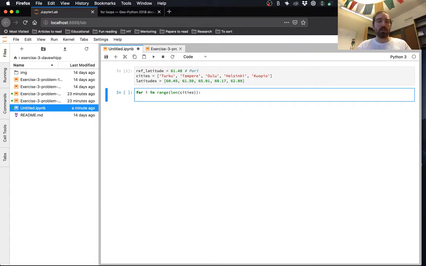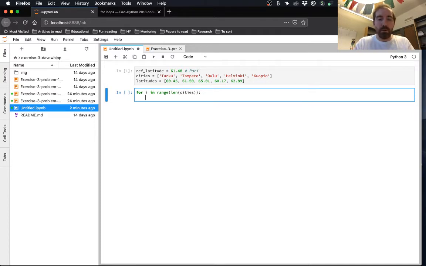We have our reference latitude. So maybe the first thing we want to do is calculate for a given point, are we north or south of the reference latitude? We could make this kind of complicated, or we can kind of make it simple. I think we'll do the simple case here, and we'll do something a little more complicated for problem 3 and exercise number 3. So we won't worry about saying whether we're north or south in terms of dividing things here. We're just going to first calculate for this latitude value that we have for one of our cities, how different is it from the reference latitude?